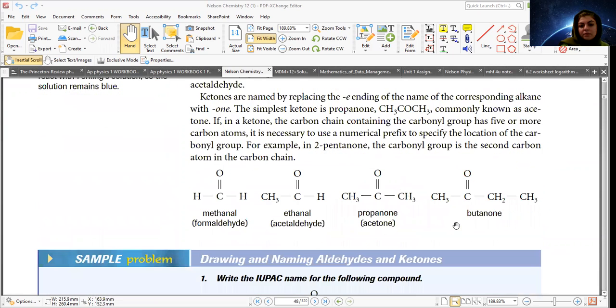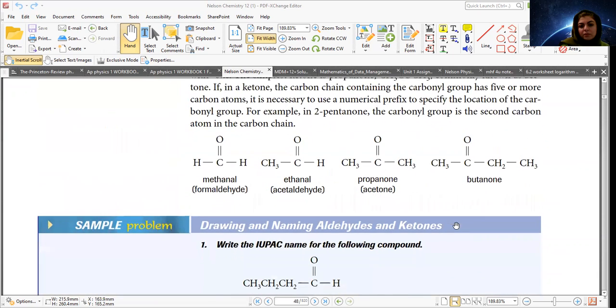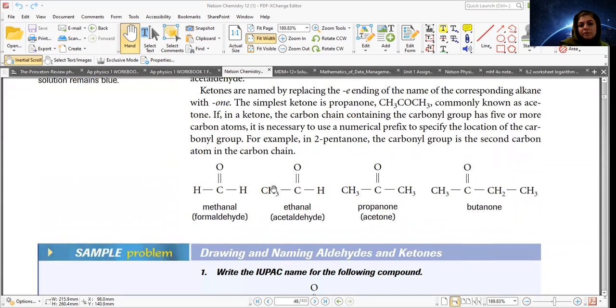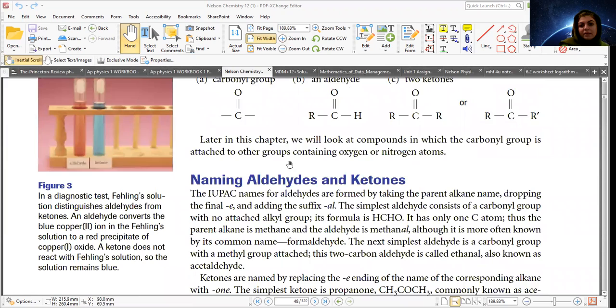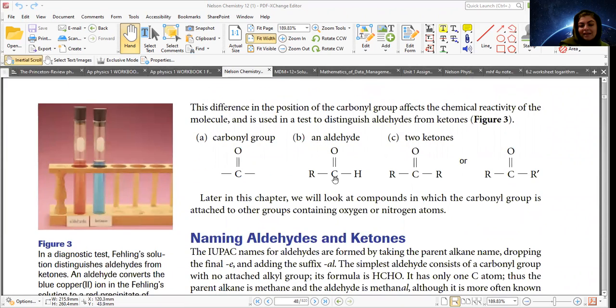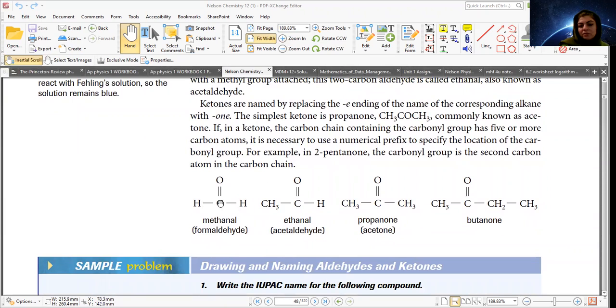Now, look at the naming for aldehyde. Again, we said it is the one with oxygen at the end carbon. See, here is the carbon just attached to that. It's the end carbon, kind of. But since it's just one carbon, it is meth. For an aldehyde, you have to add -al, meThanal. So here is 2 carbons, and the double-bonded oxygen is attached to the end carbon, so it's an aldehyde. So it's eth, and you are adding -anal,